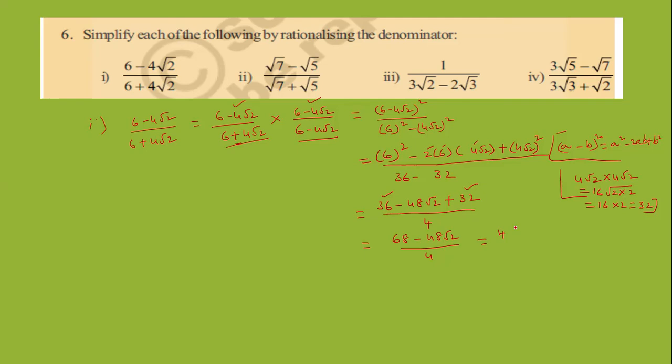You take the common, the numerator by 4. What is the remaining? Here 17. 4 17s are 68 and 4 12s are 48. That means here we take the common from both two terms by 4. In the numerator also 4. You cancel these 2 4s. Finally what you get? 17 minus 12. You may write this in your notebook and you may do the remaining 3 like this.